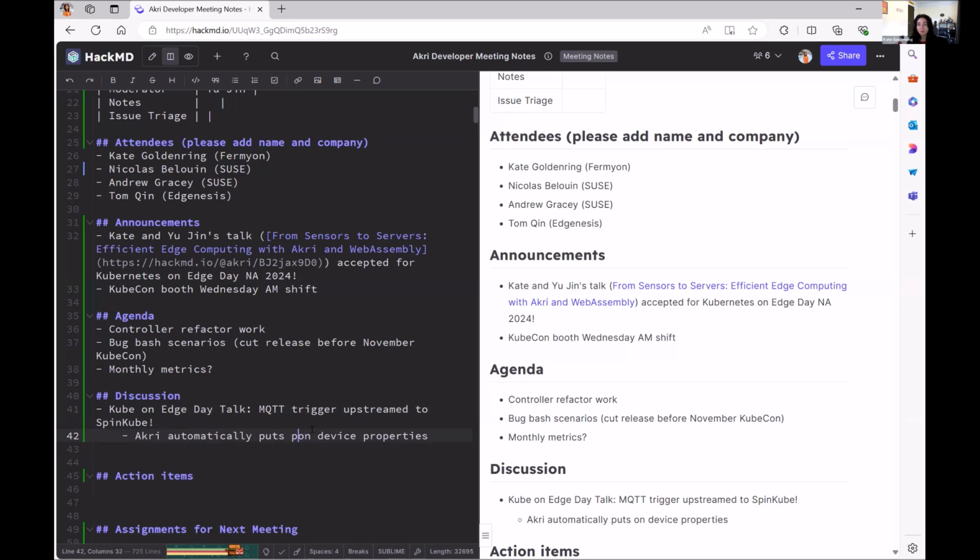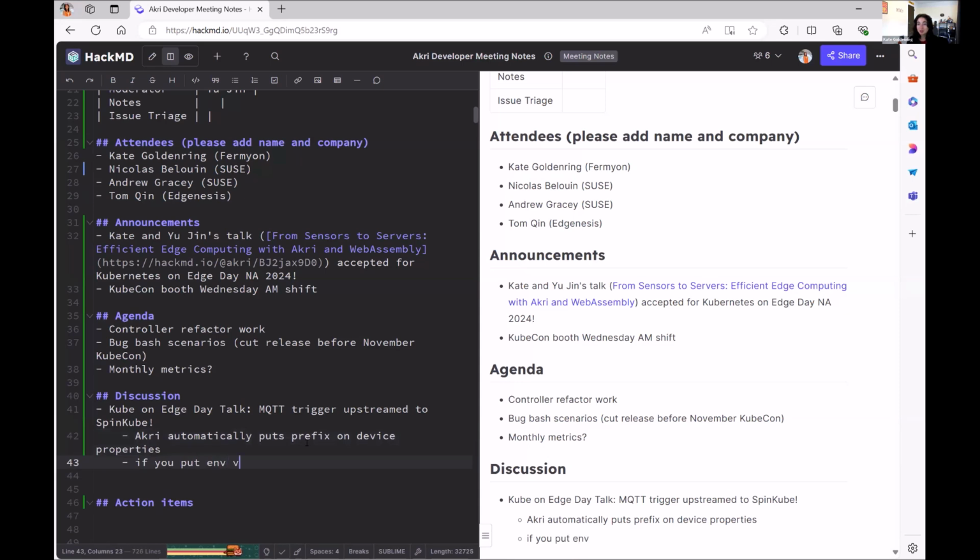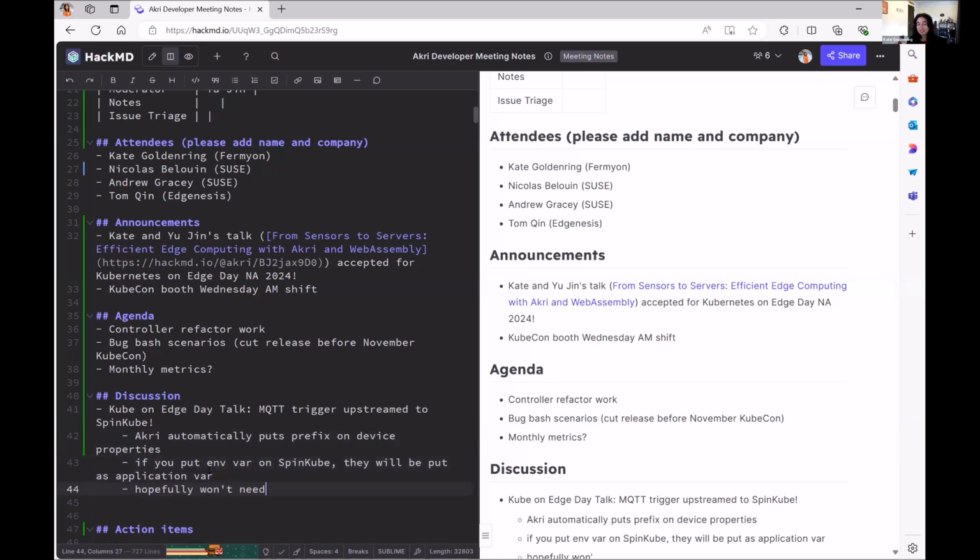Essentially with SpinCube now, if you put environment variables in a container, they'll automatically be set as application variables, so that if you request that application variable for a component, it will be exposed. This is all now doable. I haven't tested it, but I don't think we need to upstream anything else to make this work. Fingers crossed. So it should be a demo where we can show it and people can walk away from the talk and go use MQTT and WASM on Kubernetes, which is pretty exciting.